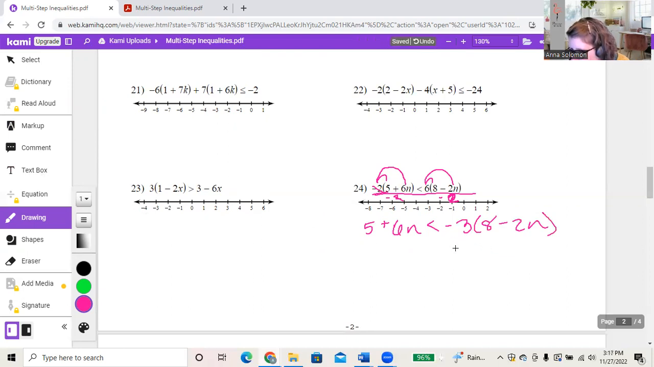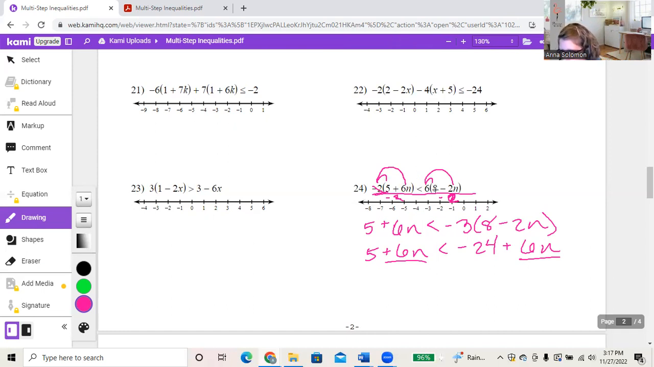And then 6n is less than -24 plus 6n. Oh, okay. Yeah. So you see what they're doing here? You've got your 6n's on either side. And if you're going to do 5 plus 6n,